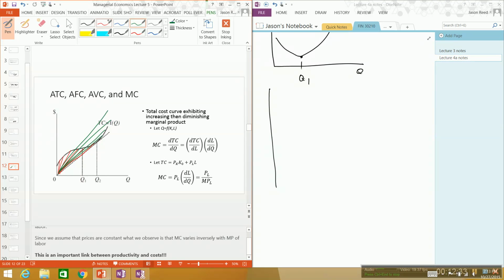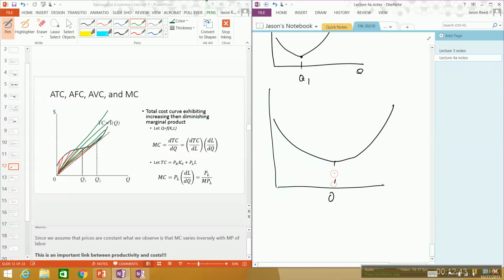So that means in terms of the average cost, if we were to draw this, we would see that average total cost would be going down, and then at Q2, essentially, we would reach our minimum point. So why does total cost look this way? We want to understand it, and in the short run, essentially what we're realizing here is that if we take the first derivative,